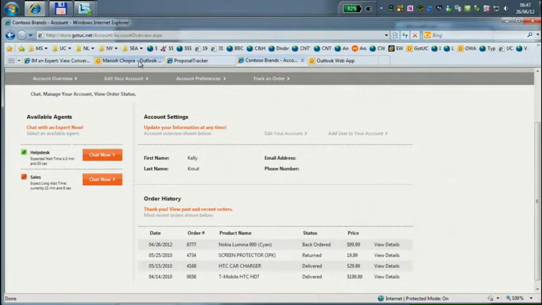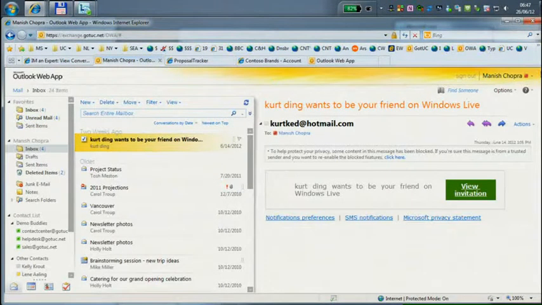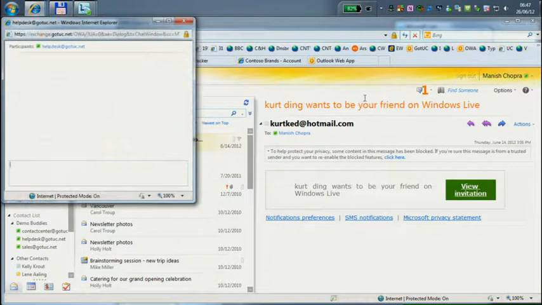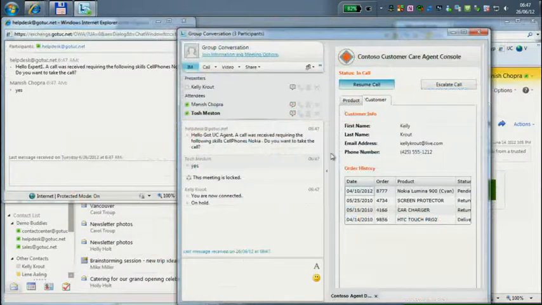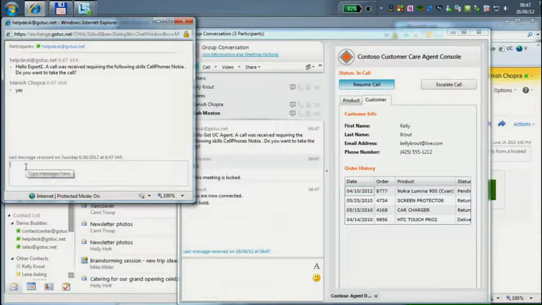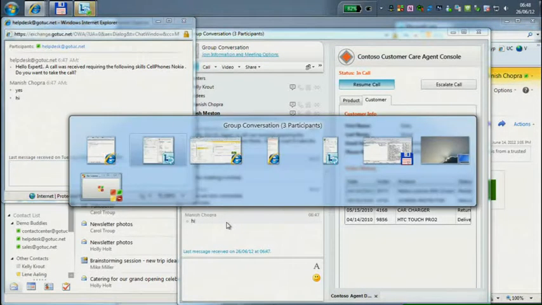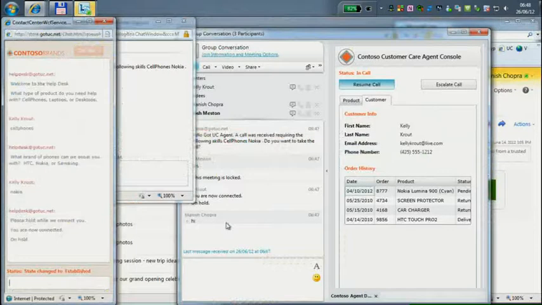Going back to Manish. Manish is still busy. He's now getting available. Gets the invite. Here we were. Yes. At this very moment, I'm actually looped into this particular conversation. So when I'm going here, I can say something like, hi, and Manish is here. And if you look at the particular customer, the customer is on hold, so doesn't see anything.